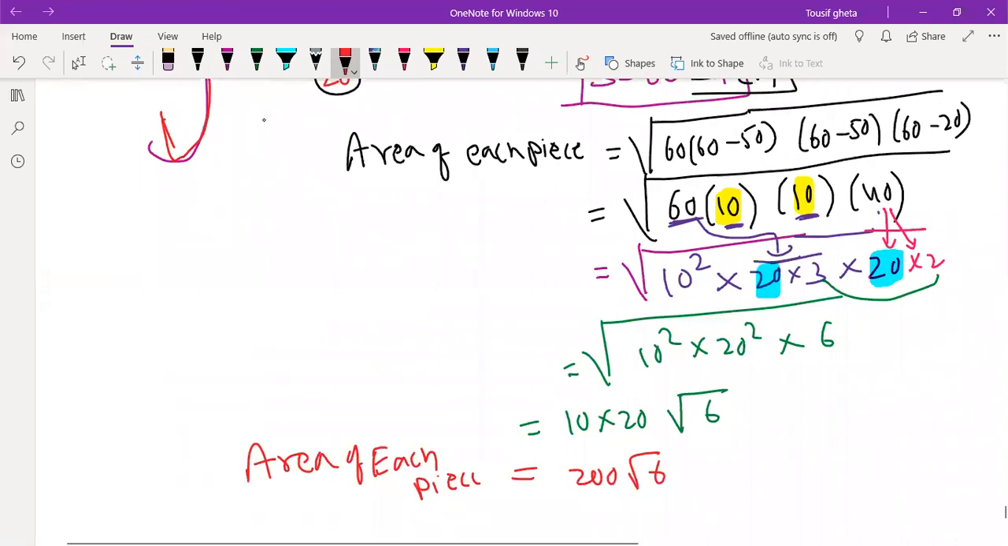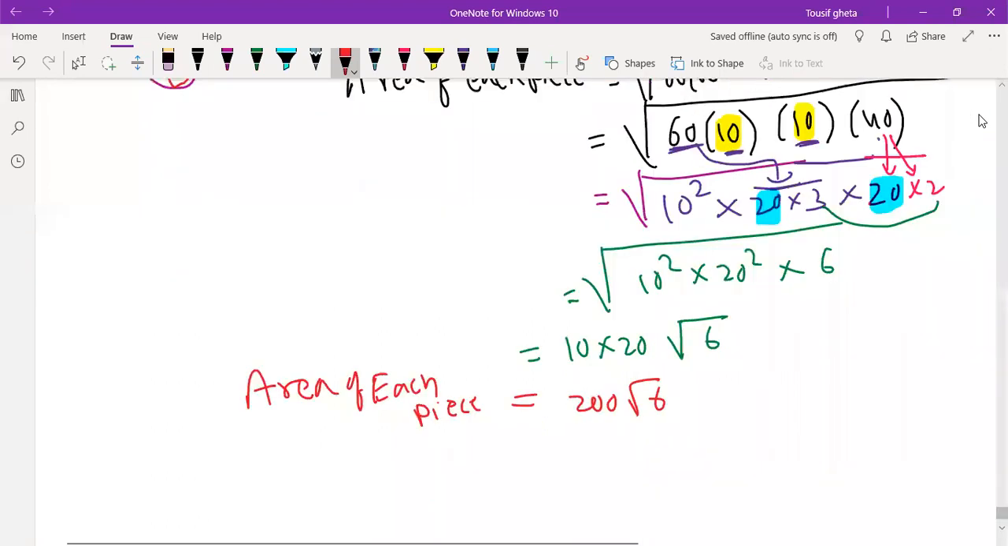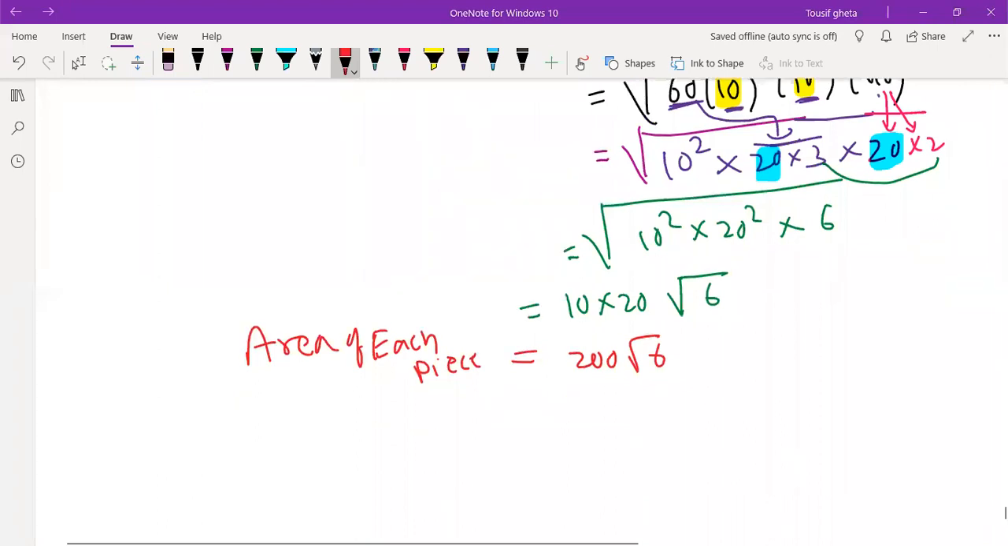Aman, now it's clear, I think. This is the area of each piece. Now, what are they asking about? They're asking how much area of each color is required. Area of each color. Aman? Area of